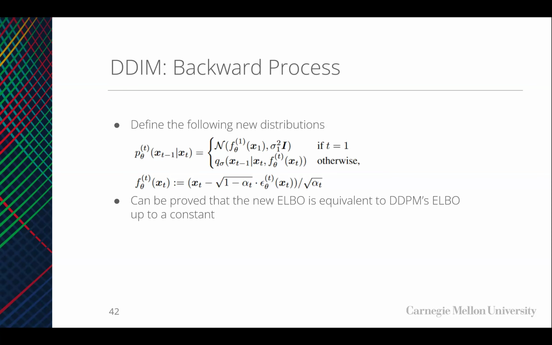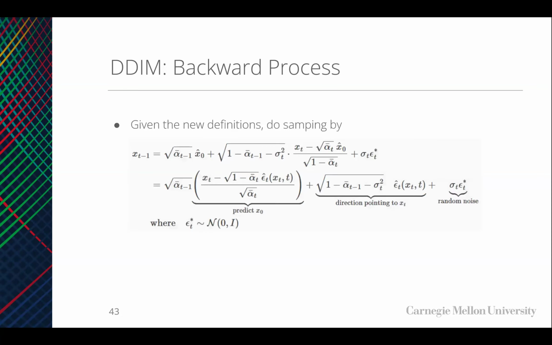They prove that it is equivalent to the ELBO of DDPM up to a constant. The details are in their paper. I think it's too complicated to cover here, so maybe if you're interested, look into the paper. And with their new definition of the noising process, you're going to do the sampling like this. Again, the details are in their paper,